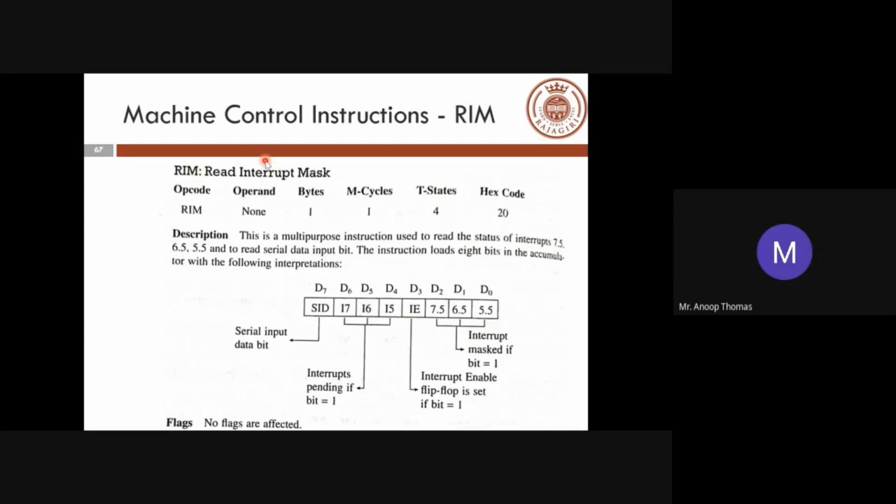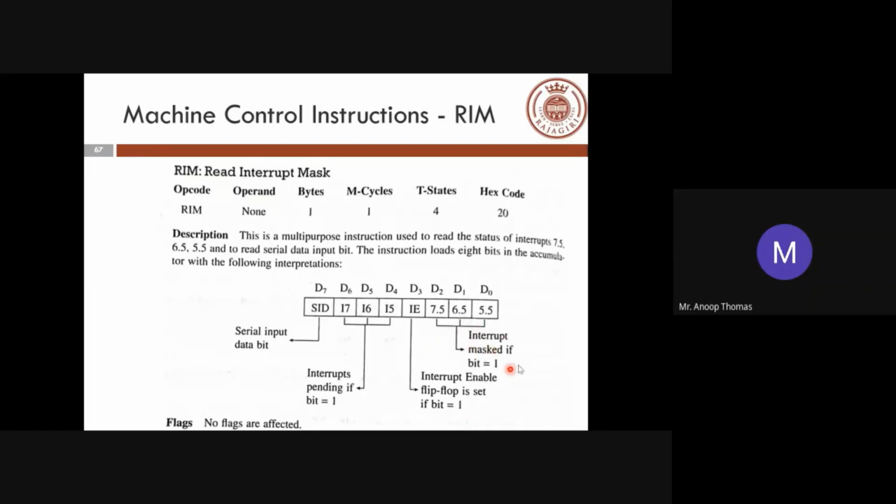Similarly, read interrupt mask, just to read the contents of the interrupt. What happens is it will read the contents and put it into the accumulator. So the serial input data bit will be available in D7. Then interrupt pending if bit equal to 1. Then IE, interrupt enable flip-flop, is set if bit equal to 1.